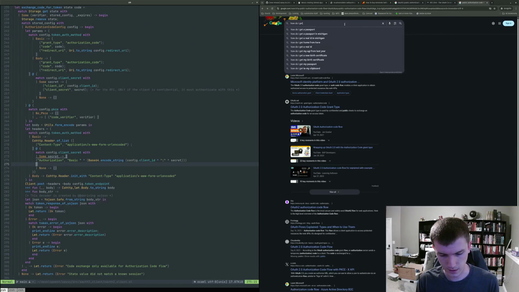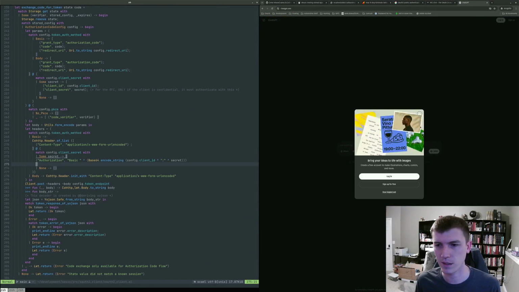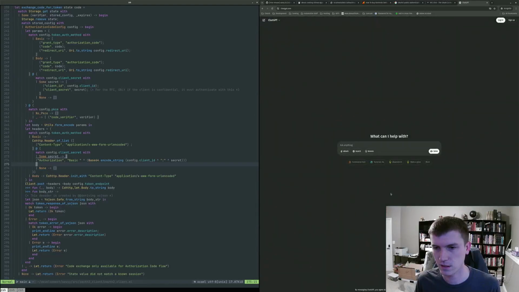How do I get a token from... you know what, I should probably just ask AI. Let's just do it. Every time I get into one of these spots, I ask the AI, and it's a 50-50 shot about whether I'm going to get something just absolutely nuts or very helpful.